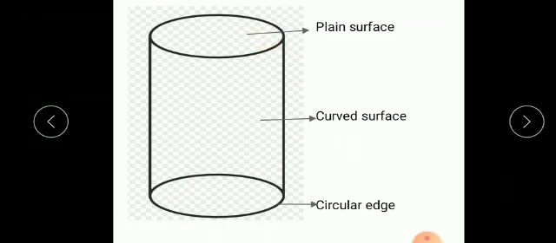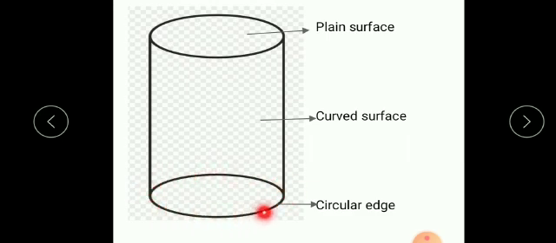Now the last is, let's count how many circular edges are there. This is called as circular edge. This black colored circular part is called as a circular edge. So this is first circular edge and this is second circular edge.